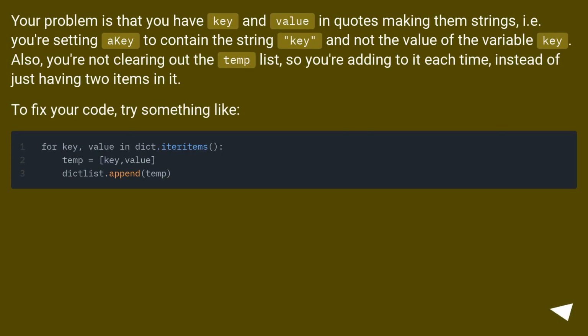Your problem is that you have key and value in quotes making them strings, i.e. you're setting a key to contain the string key and not the value of the variable key. Also, you're not clearing out the temp list, so you're adding to it each time, instead of just having 2 items in it. To fix your code, try something like